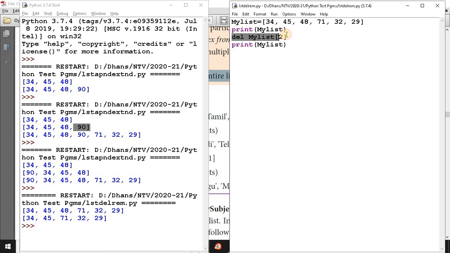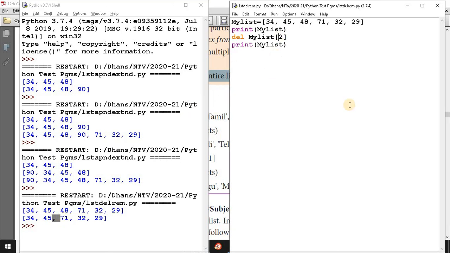So before the del statement, we print the list. After the del statement, we print the same list. What will happen? One element is missing. Which element is missing? The third element, the second position of the list. The value 48 is missing in the second output. So a particular single value at a position is deleted.